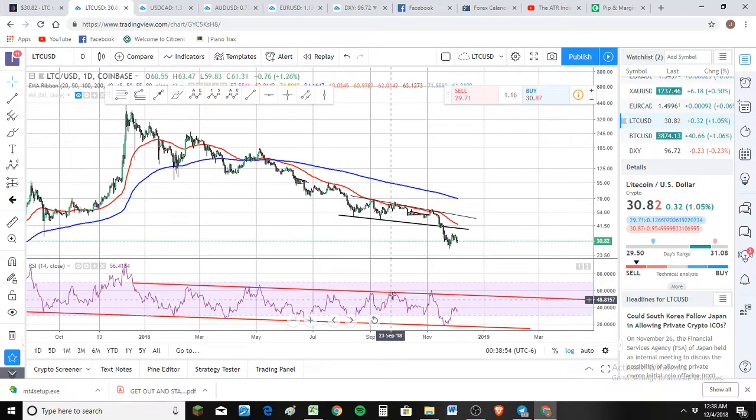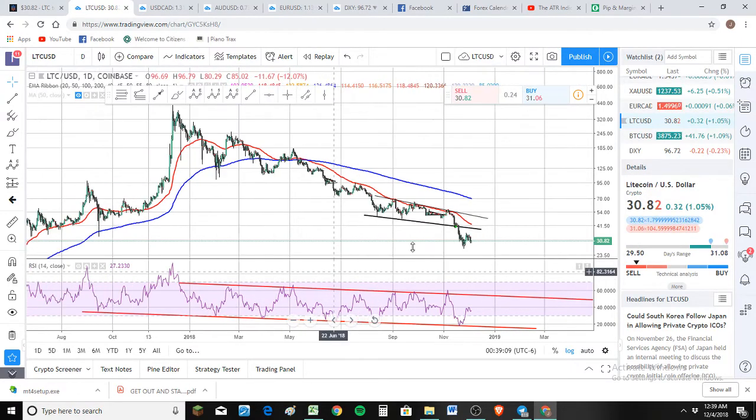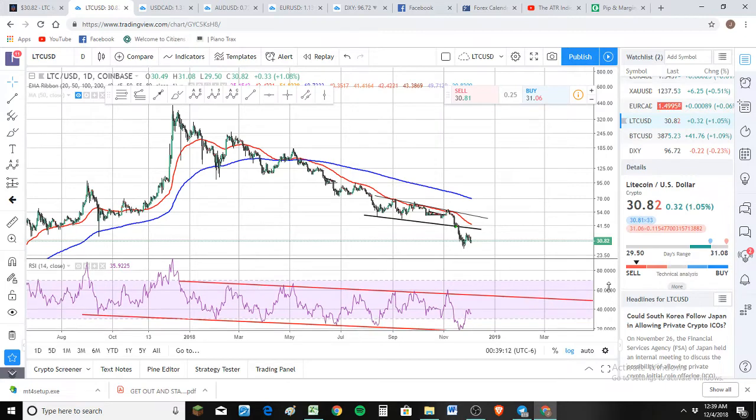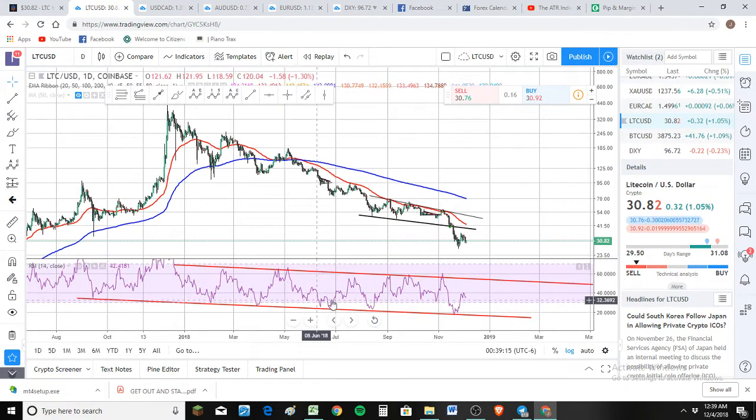Now it does do it to the top line, but whenever it hits the bottom line, it hasn't really faked us out at all. Oh, actually, there is one little fake out right there. So that's a potential, but I don't think so. So over and over, the RSI's pattern has been to hit that bottom and then go up. So now that we've hit this bottom, I'm expecting it to go up.